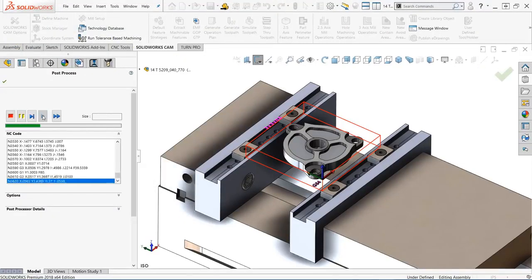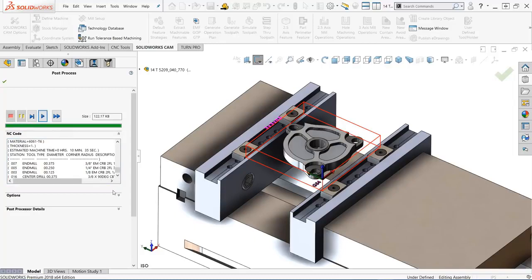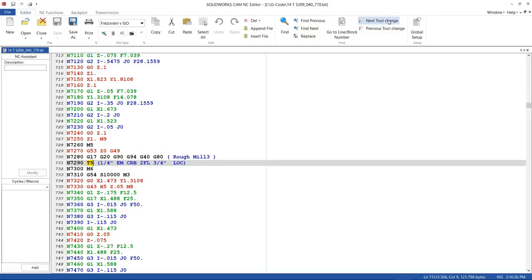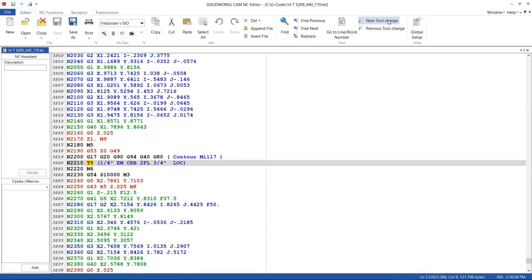During posting, each line of G-code is displayed in a scrollable window. After posting, this window can be scrolled and used by the CNC programmer to review the newly created G-code. However, most programmers opt to review the code in our SOLIDWORKS CAM NC editor. Now, this editor allows programmers to efficiently modify G-code when required. Search functions allow us to quickly move to each tool change,